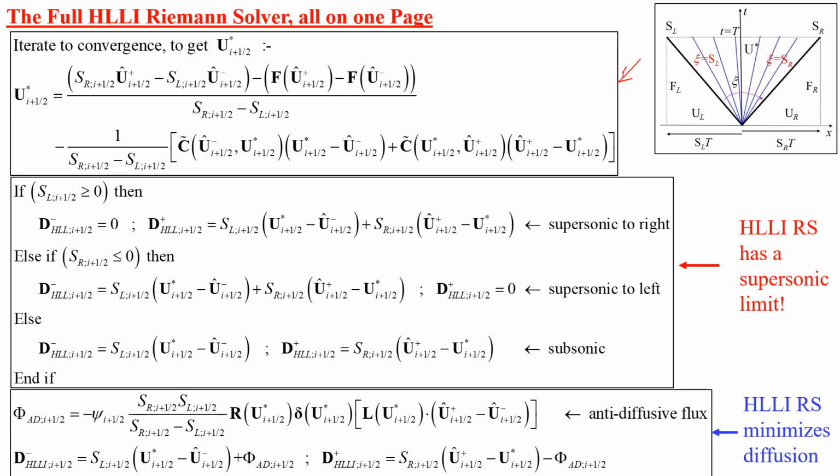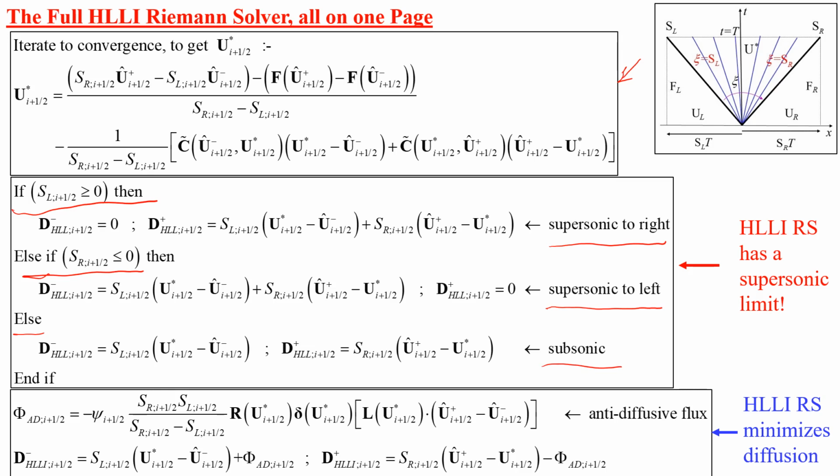Once you have that, notice that you have a well-defined supersonic limit. So if all the waves are moving to the right, then you can use these fluctuations. If all the waves are moving to the left, you can use these fluctuations, and if you're subsonic, then you can use these fluctuations out here. This gives you the